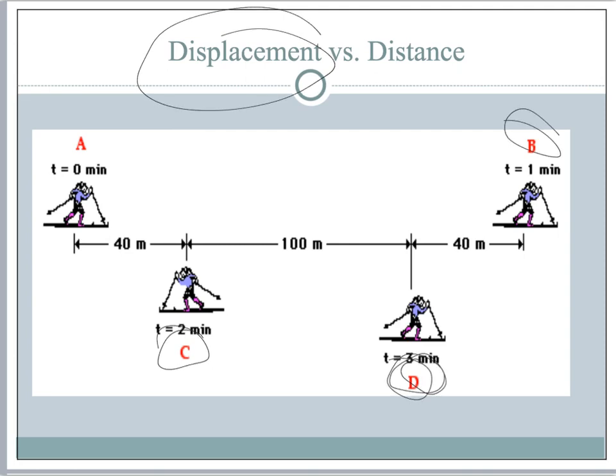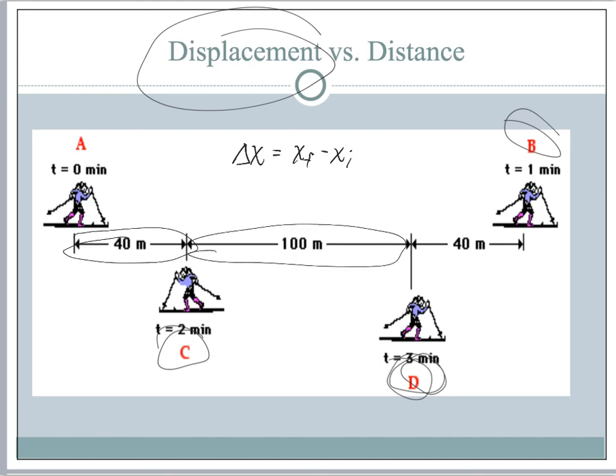Well, we know that displacement equals the change in position equals the final position minus the initial position. Looks like her final position is at 140 meters. Now hopefully you can see that from the way the number line works. You have 40 meters right here. You have 100 meters right there. So that's 140 meters minus her initial position. Now her initial position, I would say, we'd keep it simple and just say that this was 0 meters where she was starting. So if she started at 0 meters, then her total displacement is going to be 140 meters.